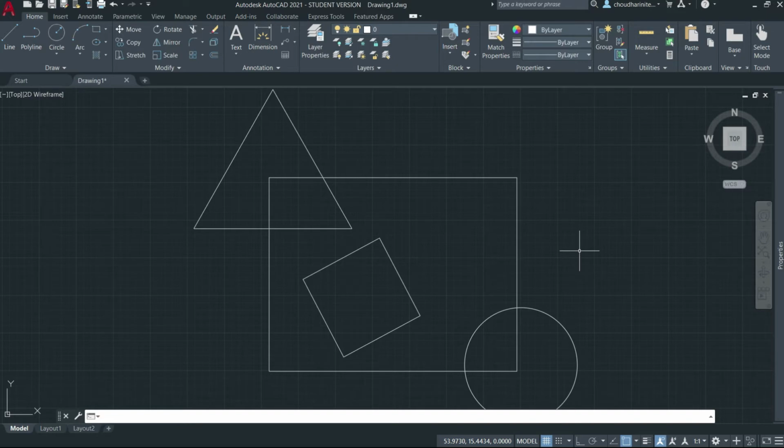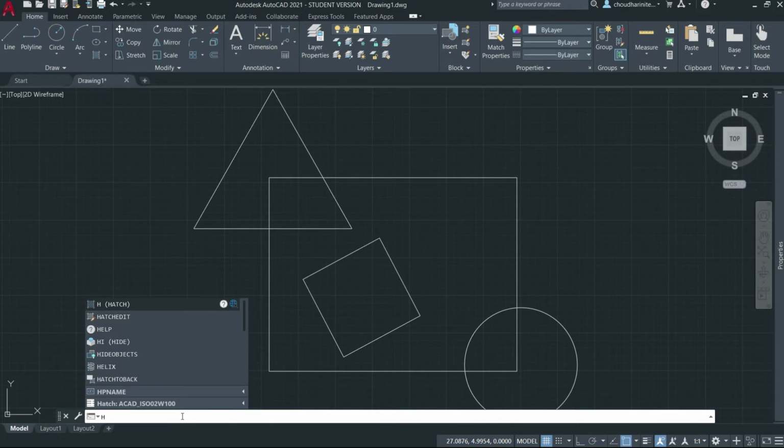Firstly, we can select the hatch tool from draw palette in the ribbon panel over here, or we can just type H in the command window and press enter.